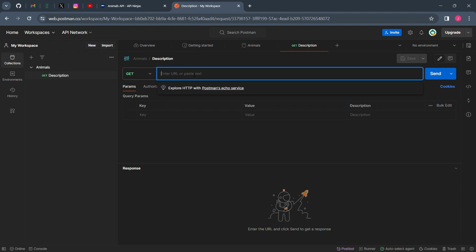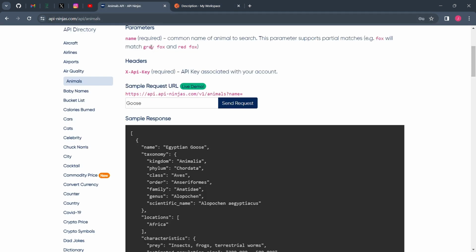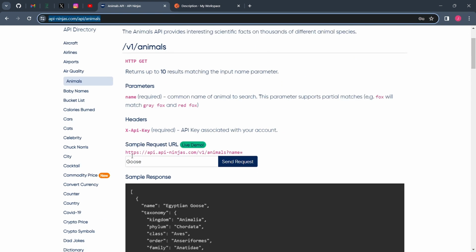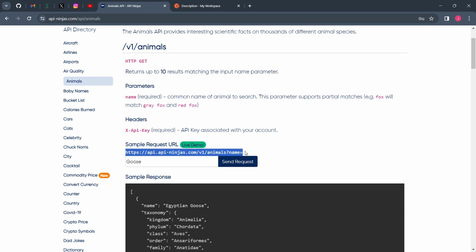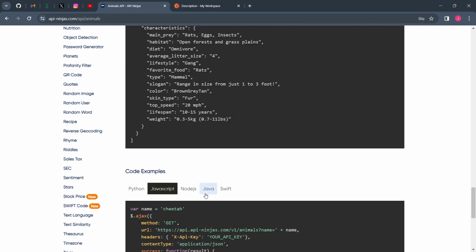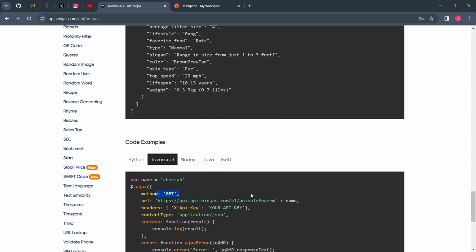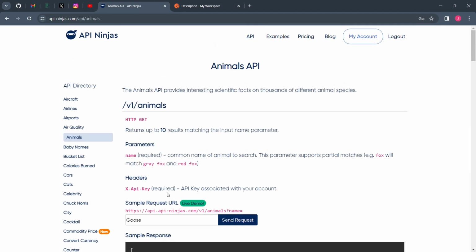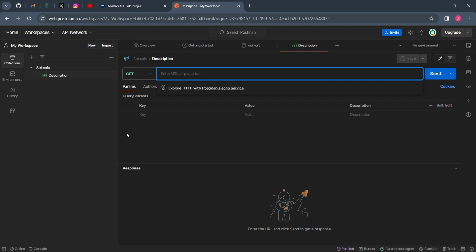Now here you paste in the URL that you want to get. You see here, API Ninjas gave us this URL, or rather you can use this one. This will be the simplest to copy. Just copy this one below sample URL. If that is a bit difficult for you, you can copy this other one down here. But the easiest one to use is the one that we see here as a sample request URL. All you need to do is highlight it, copy, come to your description, and paste it there. You see that it checks the value name,